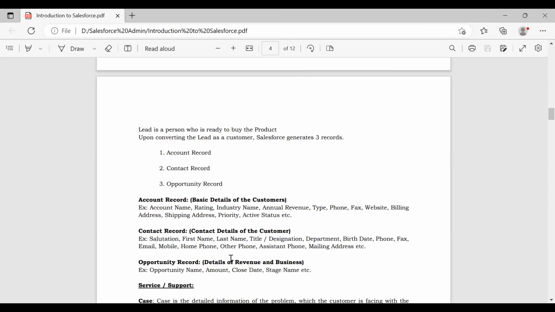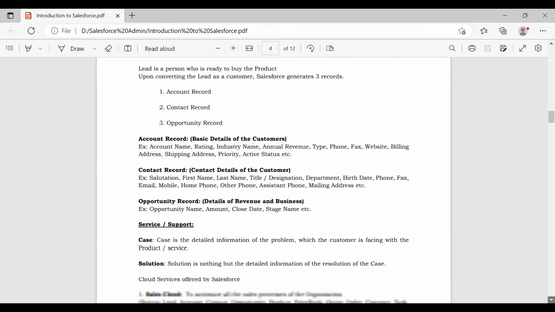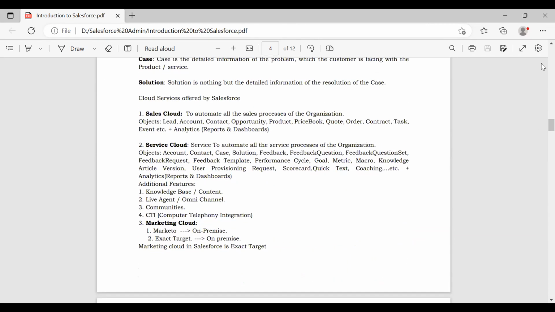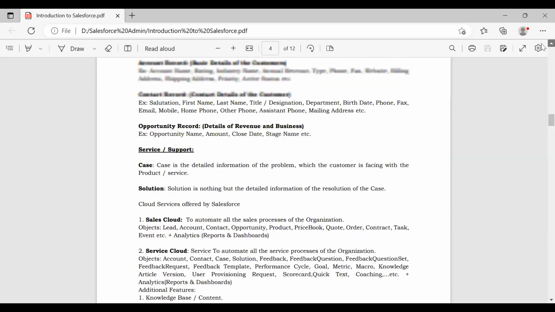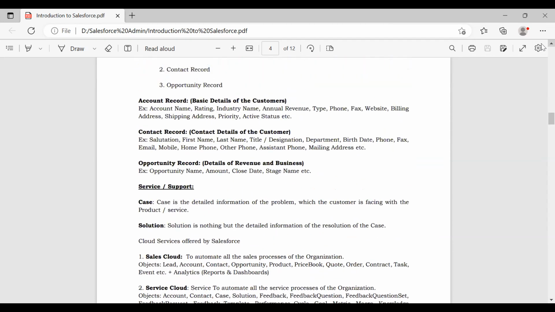Next. Once the lead is converted into a customer, suppose maybe after 1 year or 1.5 years, the customer is facing some issue with our product. In such a case, what is he going to do? He is going to raise a case or complaint, through some contact or customer care center, or he may visit a nearby customer care center and raise the complaint.